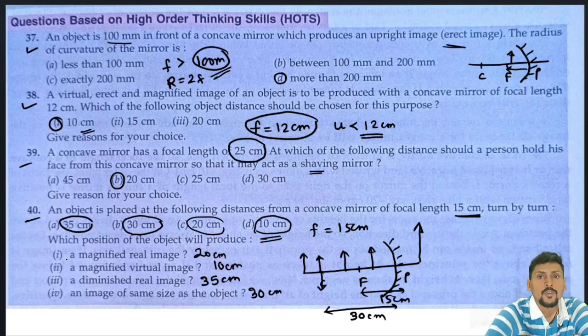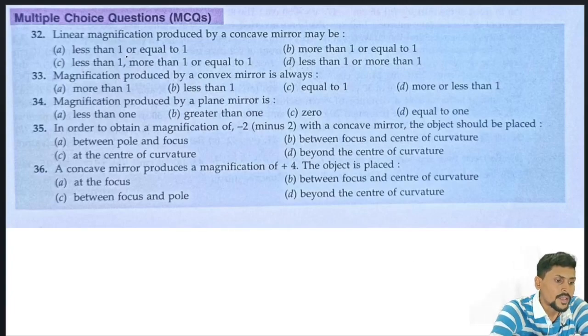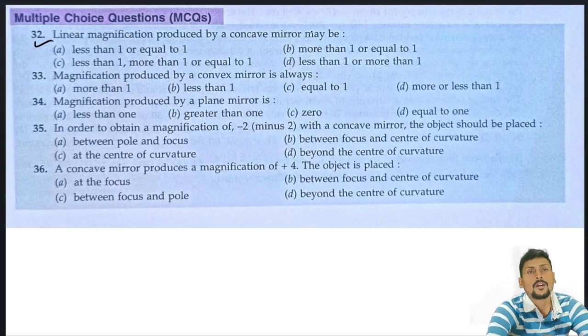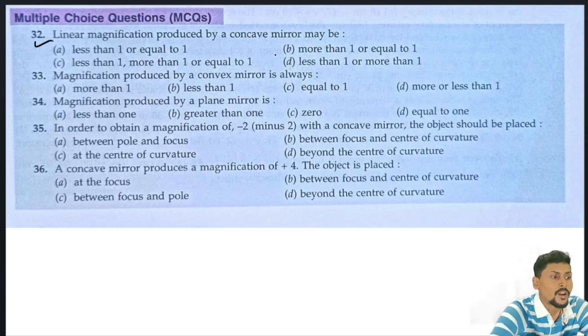For that you have to remember all the ray diagrams, that is, for which object position where the image will be formed. Next question. The linear magnification produced by a concave mirror may be... See, a concave mirror can produce a real image, it can produce a virtual image, it can produce a magnified image, a diminished image, and an image of the same size as the object. That's why, see,